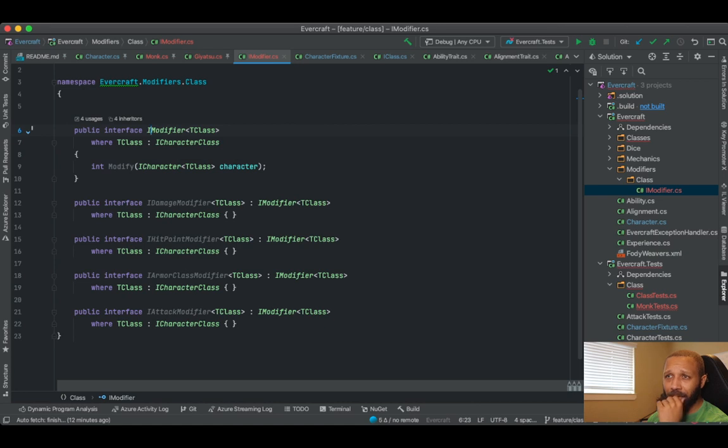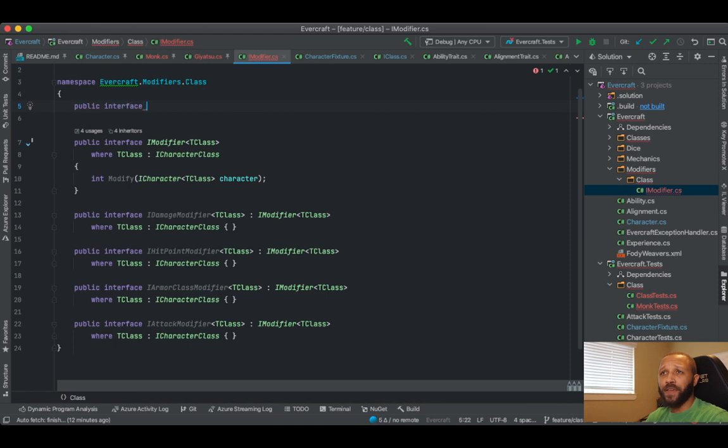Because now I can do class dot damage modifier and do it that way as opposed to having it as fidelity in the name, and I kind of like that better. Yeah, these are specifically class modifiers because I may do some type of generic